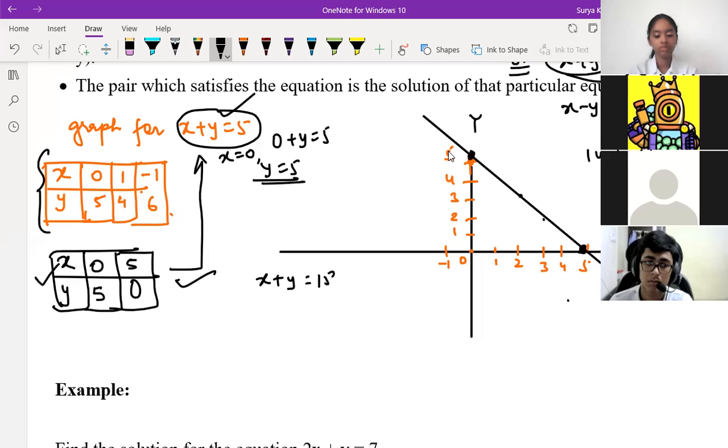Okay, then apply the method, right? Just 3 units we will have to mark. That's it. Okay, sir. So x is equal to 0, then y is equal to 15. If y is equal to 0, then x is equal to 15. Over. So 15 and 15 you should match. That's it. Understood? Yes, sir.